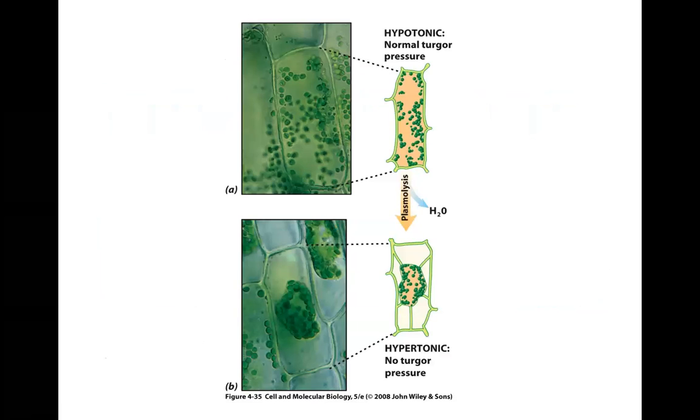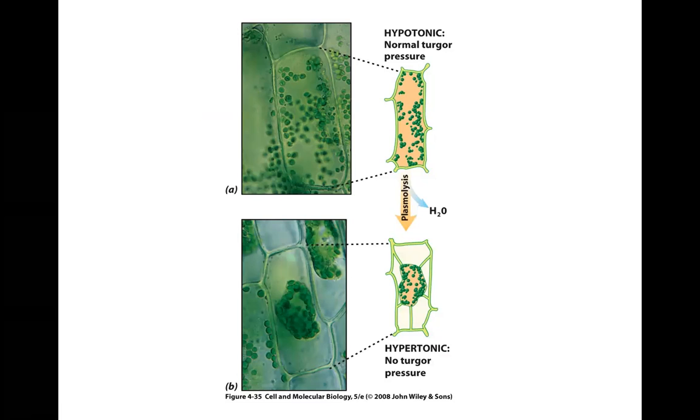Osmosis is extremely important in plant cells because plant cells do not have a skeletal system like we do, right? They don't have any bones. So the only way in which they can maintain the turgor pressure, which is basically the cell is filled up with water so that it can maintain their shape, is by the process of osmosis. So they maintain a high concentration of various different organic molecules inside the cell, which will allow water to constantly enter into the cell, which will then keep the turgor pressure high,